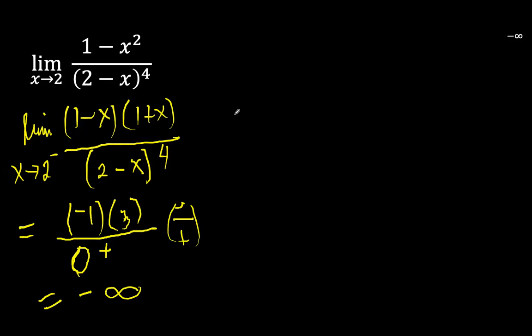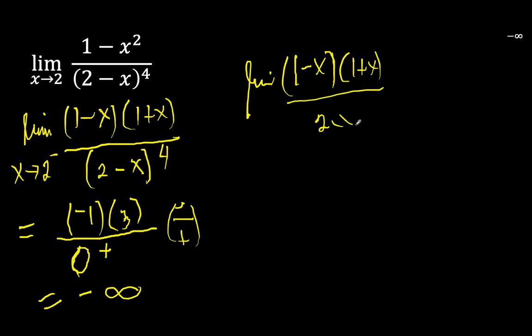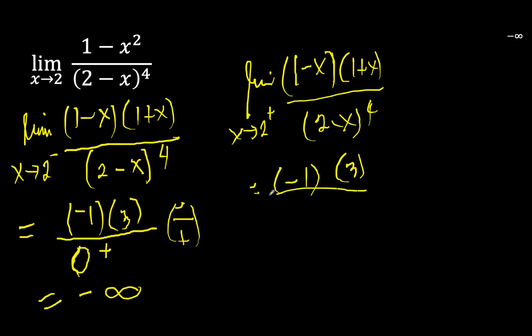Now let's consider the other side, the one-sided limit, the right-hand side. Okay, so the limit of 1 minus x, let me factor it now, 1 plus x over 2 minus x raised to 4 as x approaches 2 from the right. Okay, so let's substitute. 1 minus 2, that's -1. And 2 plus 1 is 3 over